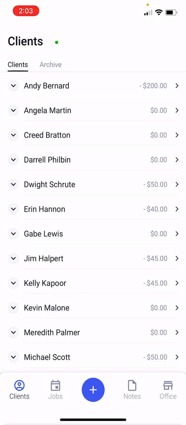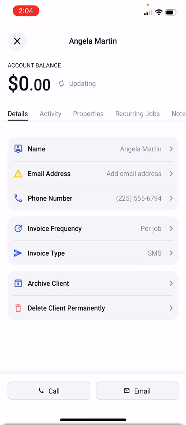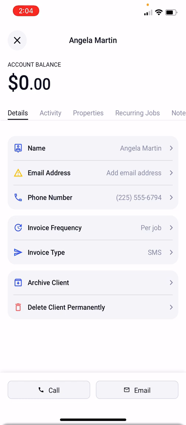In the Clients tab, let's tap on a client to open their client details. Let's take Angela Martin here, for instance. She owes us $0, a perfect client to archive. Now let's say Angela didn't want any recurring services, but you still did a one-off job for them. You might not want them in your main client list, cluttering things up, but it's good to keep their details around in case your services are needed again in the future, as well as simply to keep a record of